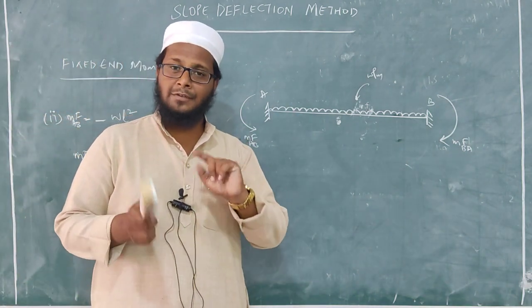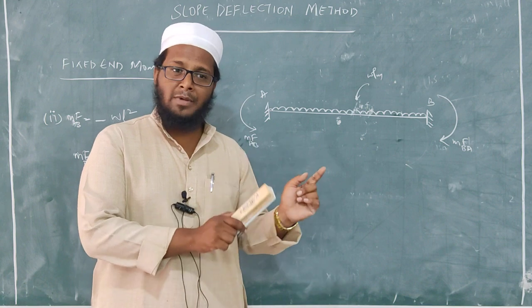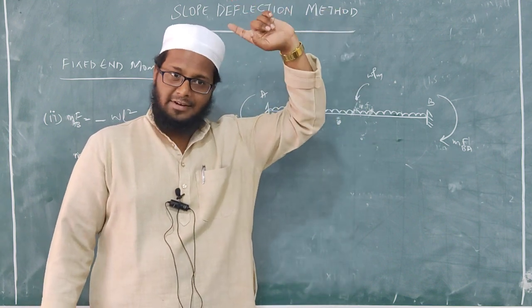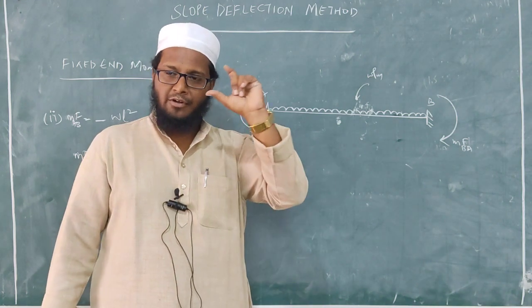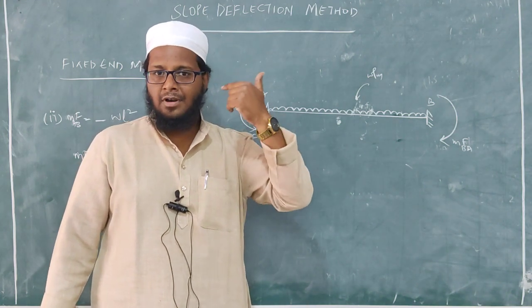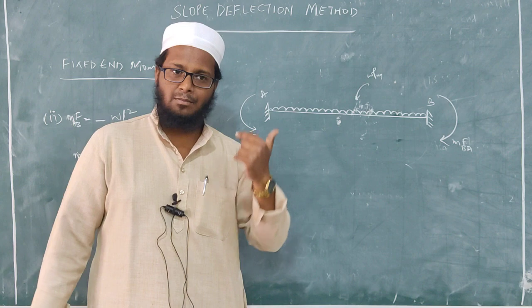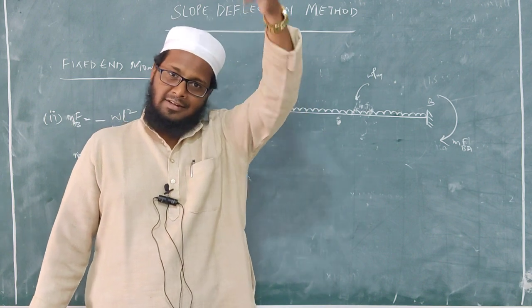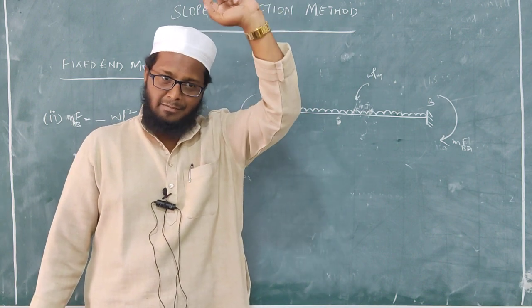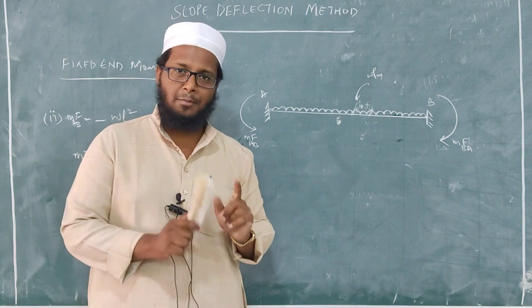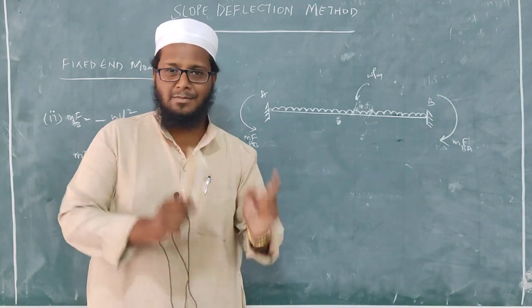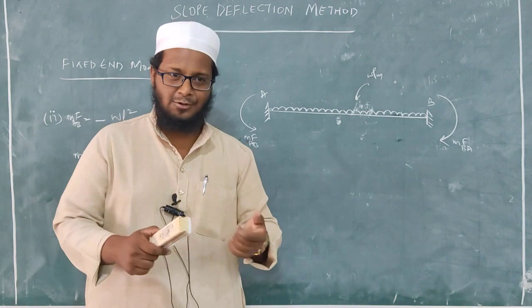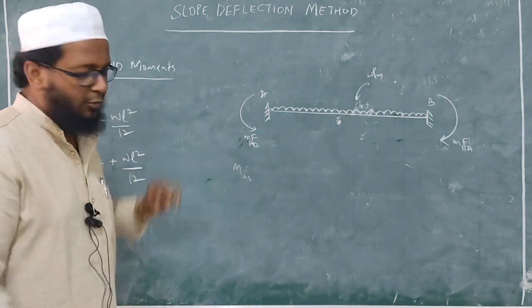Don't get confused with bending moment. Bending moment, UDL, is WL square by 8. That is different. Okay, so one by one we'll be studying. So you have to be very careful while calculating moments. Moments will come till your masters. Okay, so moment, there are so many types of moments. So make sure that you don't get confused in those moments. So this is fixed end moment.